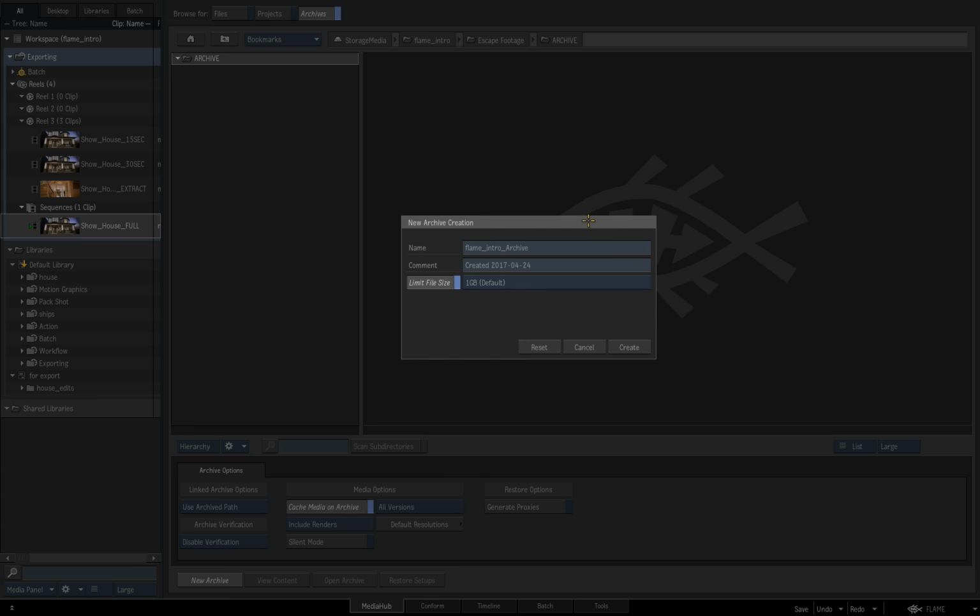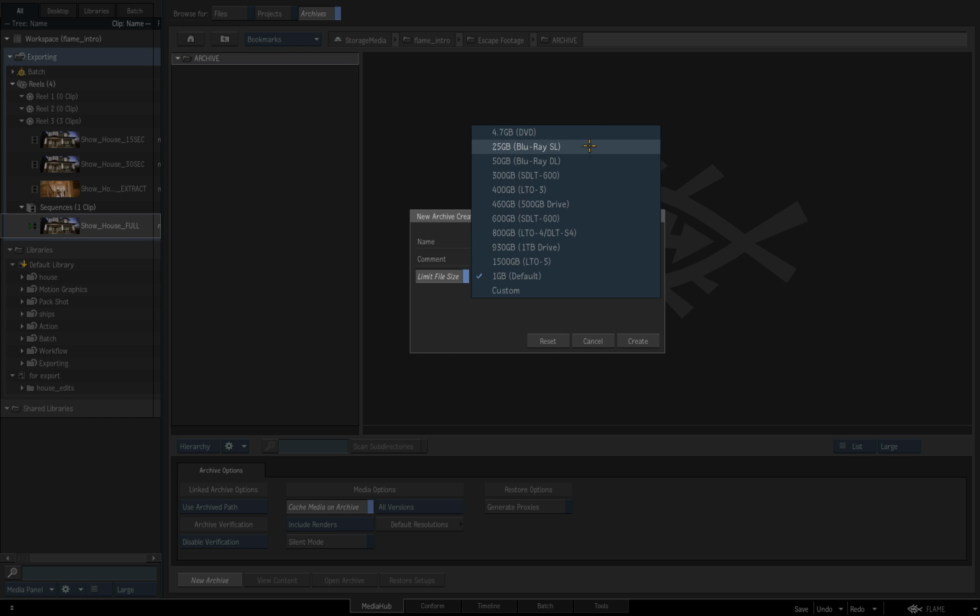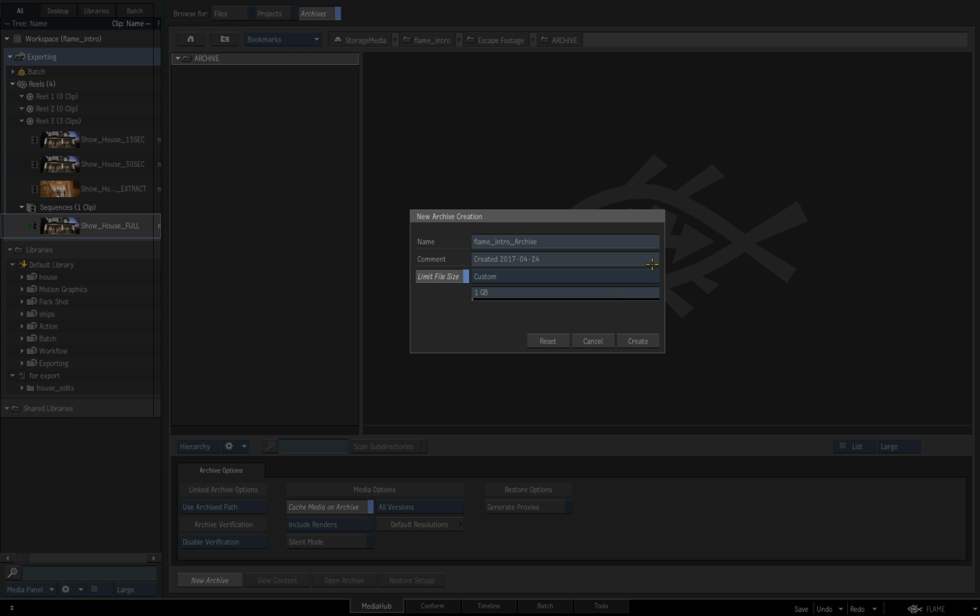It's by default going to take the project name, so Flame Intro Archive. It's going to tell me when the creation date was. And if I want to, I can segment the archive into more manageable bits. So it defaults to 1 gig, but I can choose one of the presets from your most popular settings, or if you know that you're going to a particular file format that only supports a certain file size, you can make it a custom size as well and tell it how